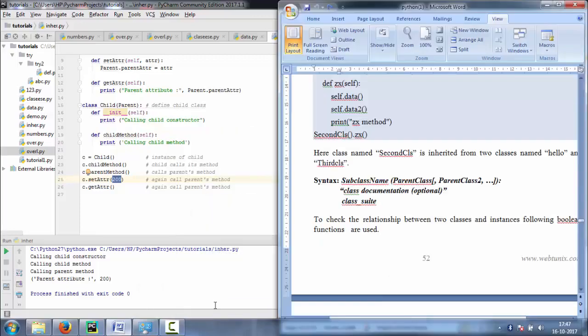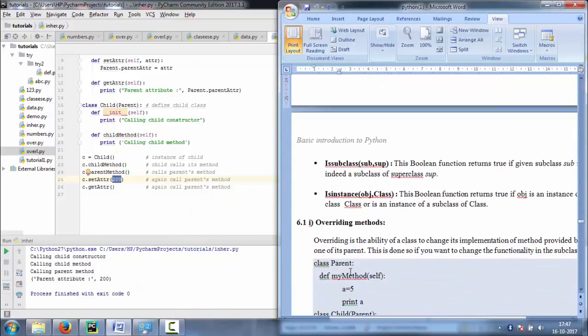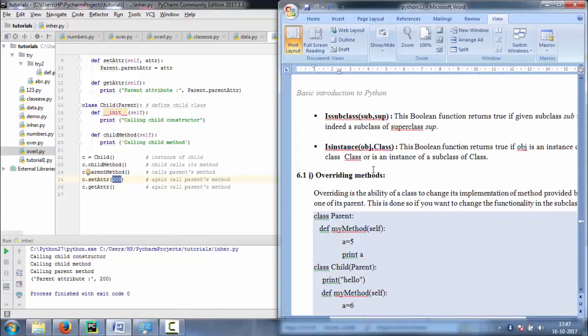Next topic is overriding methods. Overriding is the ability of a class to change its implementation of a method provided by one of its parents. This is done if you want to change the functionality in the subclass.